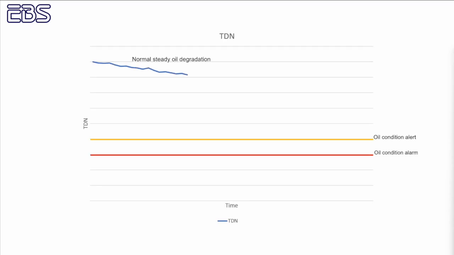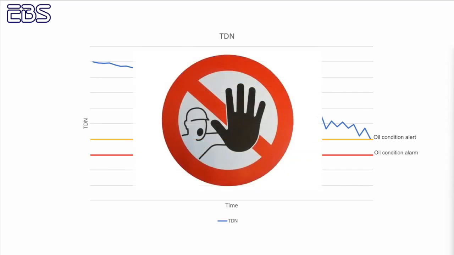The second way to analyse the data is by looking at the behaviour of the TDN value over time. By utilising a set of simple algorithms, you can identify anomalies in the data which indicate specific failure modes, such as water ingress or particle contamination. This will enable you to set up warnings to stop and investigate the source of the contamination before further damage